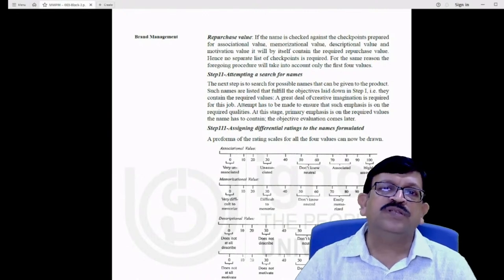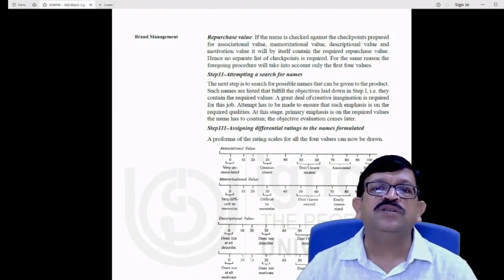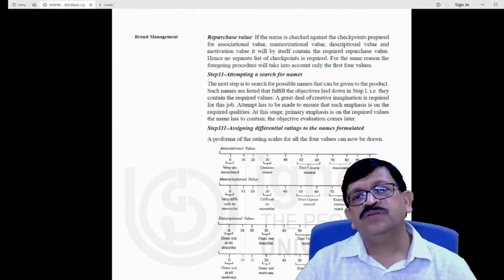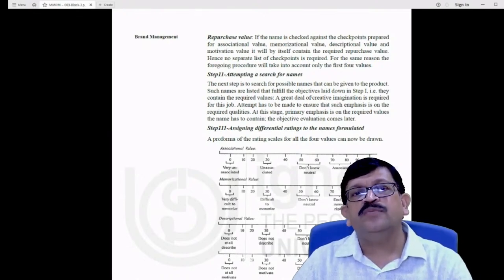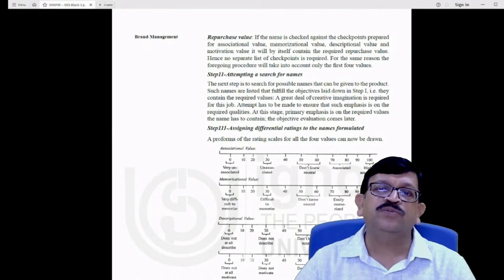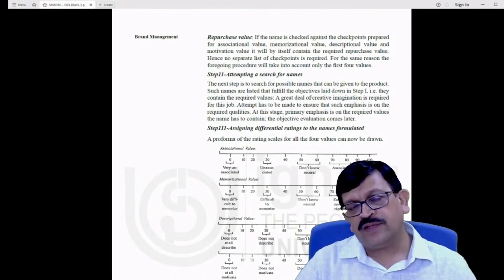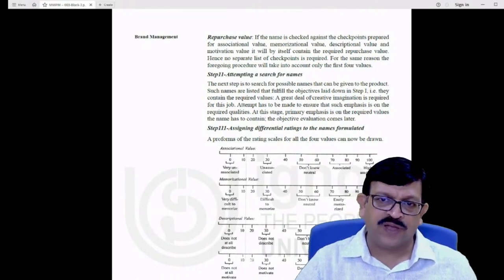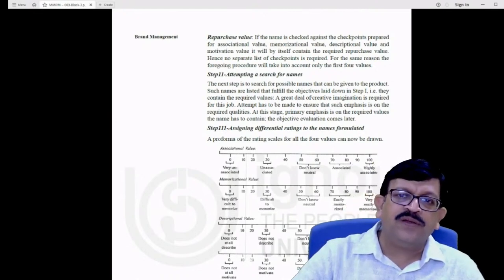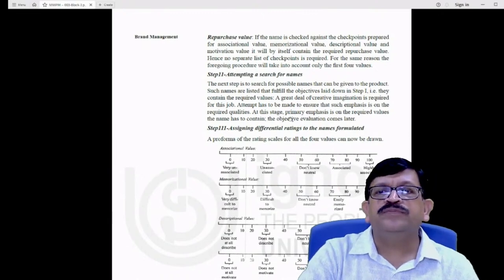Next, we go to the second step, that is to search for names. Now we have to search for the list of possible names that can be given to the product and fulfill the objectives outlined in the first step in terms of associational value, descriptional value, and motivational value. And the third part is that we are able to